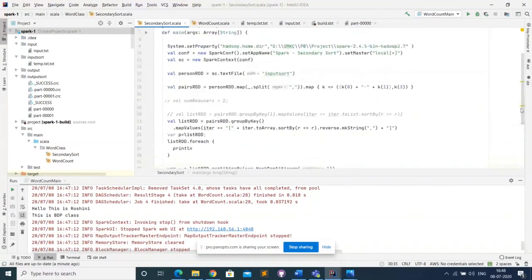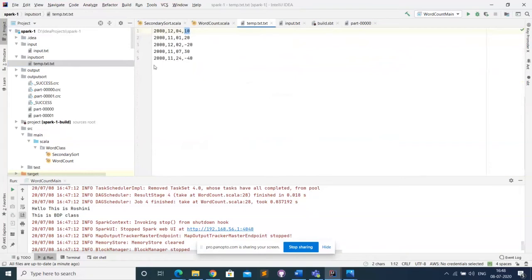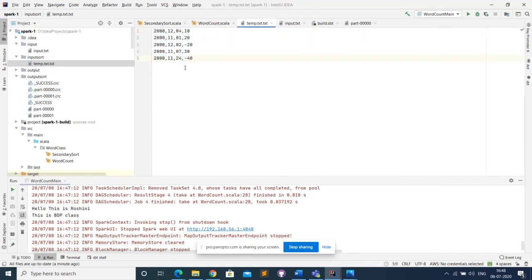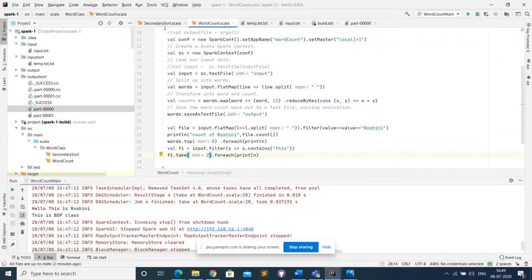What this secondary sort will do is, the case that we have in this context is that we will be giving the inputs in this fashion. Our output should be such that the mapping is done like this. So each input should be followed by this.